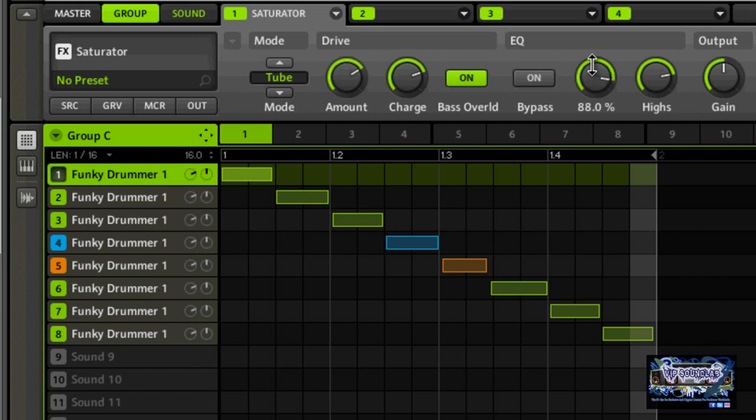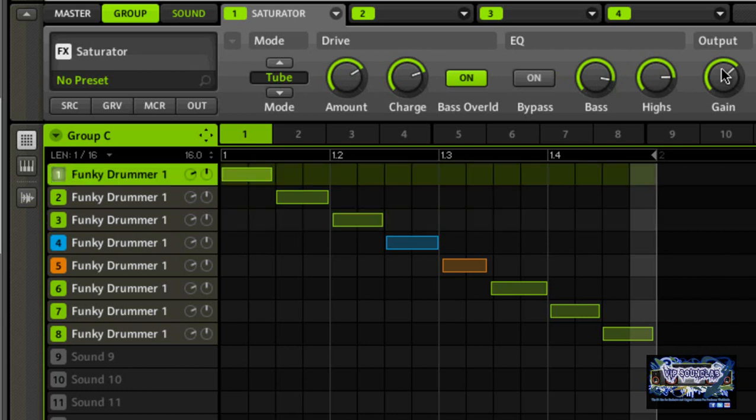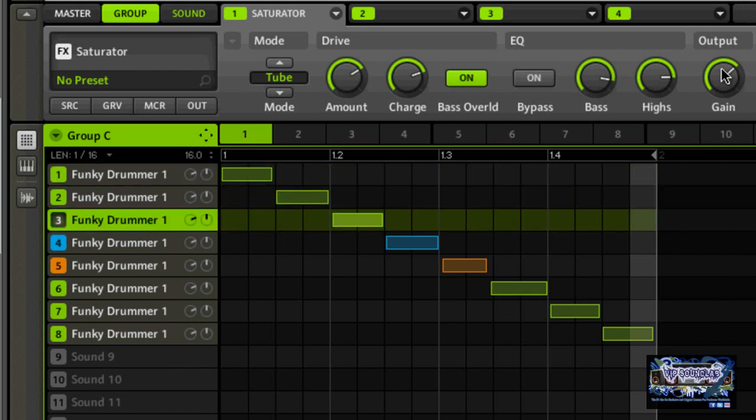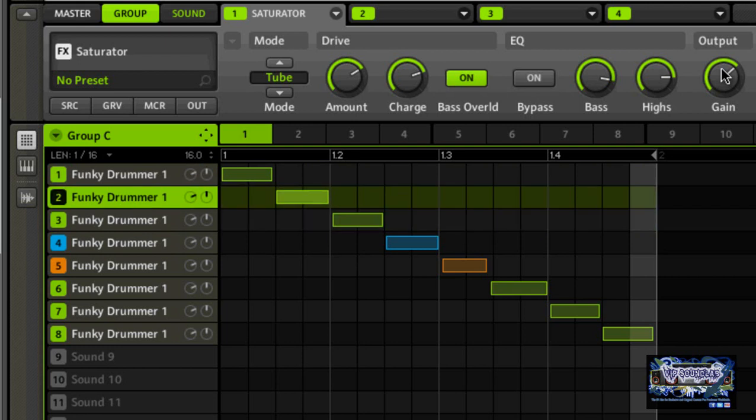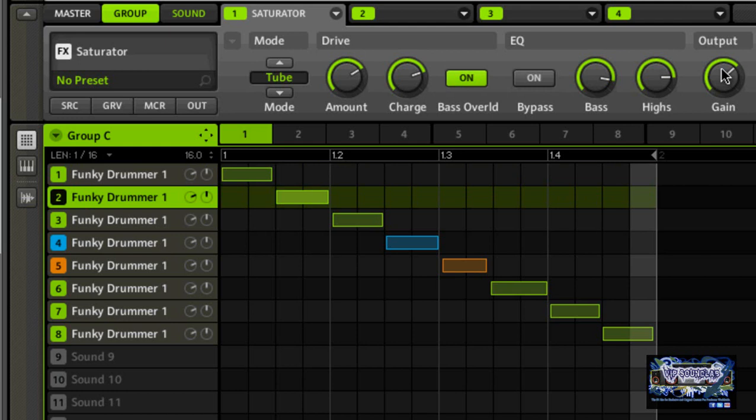Same with the bass over here in the EQ section, and in the highs. Now notice how that immediately accents, because with the way I have the plugin set up with the pitch effect, the regular sample is getting affected by the plugin, but the pitch shift gives it a whole different melody. Like this kick is now completely on a whole different level than that one. So when I'm mixing the sounds together,